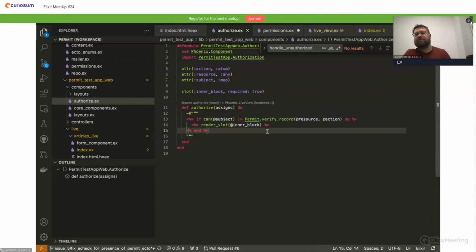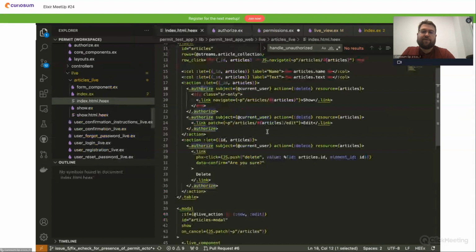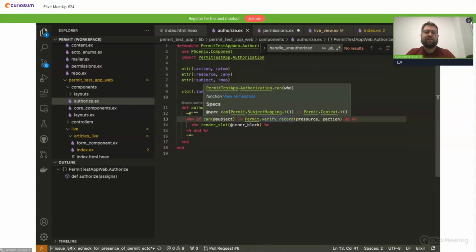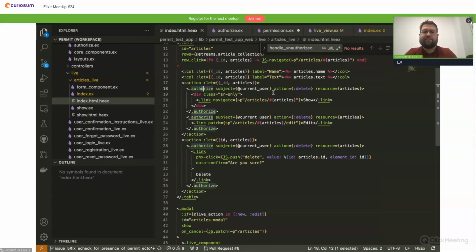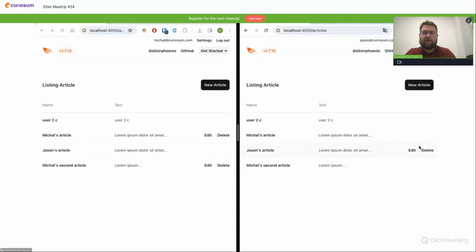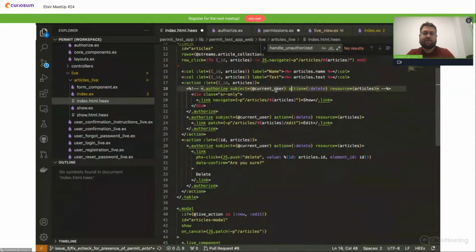So it's not really something very useful, maybe a bit prettier than this original version, because what you have to do is call the verify record function to check if the record actually is allowed to do something specific on a specific resource. So, for example, if the user wants to delete a specific article, then it just needs to be asked for. And as you can see, Jason, who is signed in at the right, cannot delete Michał's articles, but if we delete this condition here,